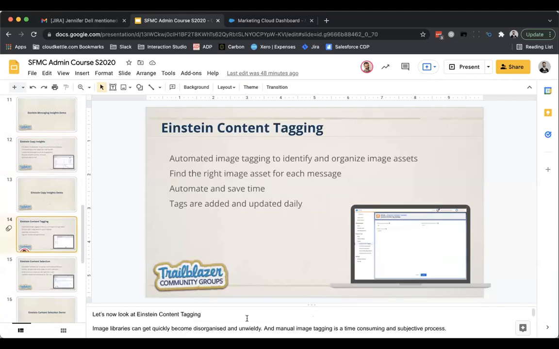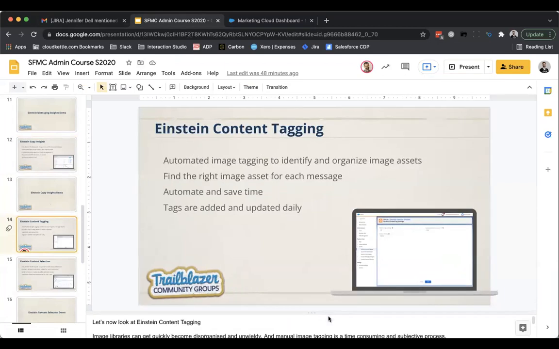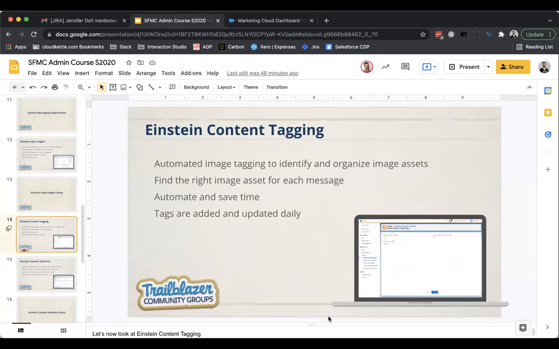So next, I want to go and discuss Einstein content tagging. In fact, let me just go and stick here to prevent context switching. So Einstein content tagging,